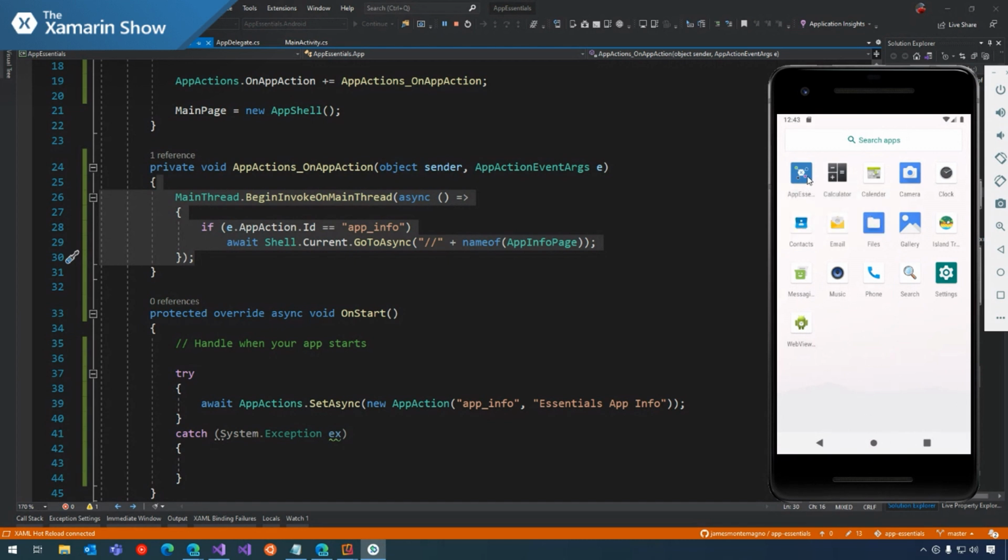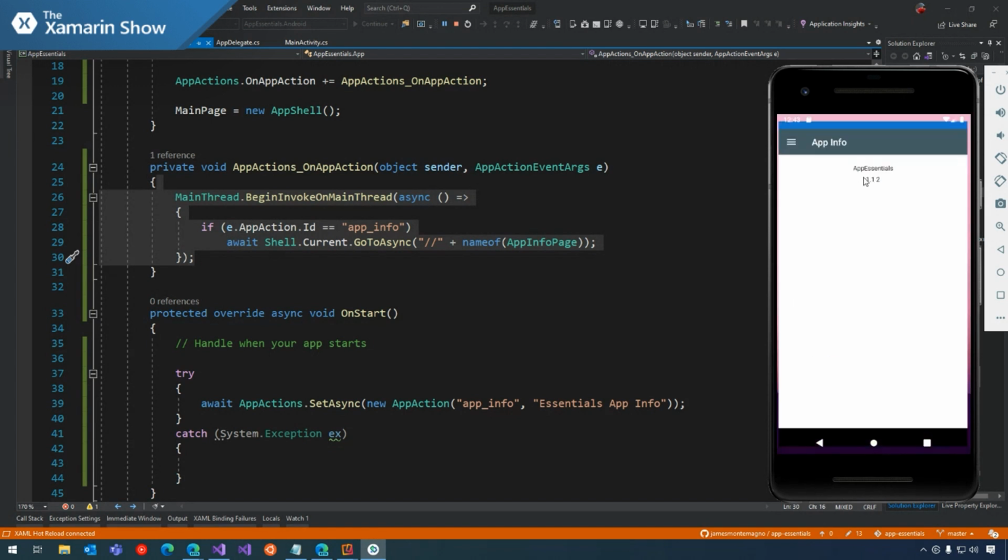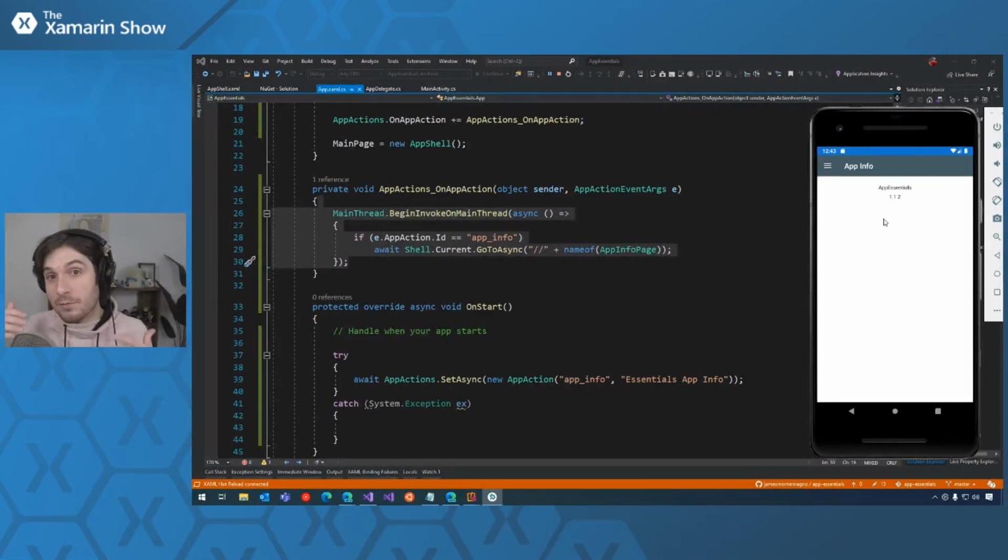In fact, if I was to drag and drop this onto, let's say, the home screen here, I would get the same UI, Essentials app info, and you can have all of them, and the user can even reorder them. And we'll tap on it, and look at that. It launches the application, and boom, it goes directly into the app info page. So it gives you that flexibility to automatically have these deep links in there.